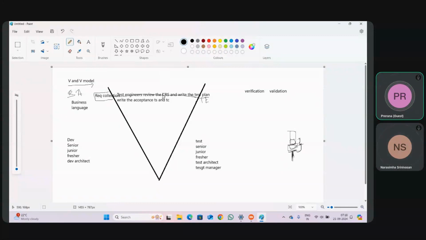So what we are doing is reviewing the CRS. It is in the business language, whatever the business analyst has collected, and we are checking the requirement only. We are testing now. Here, test engineers are testing the requirement only. It means the job opportunity for test engineers is required from day one. Got it? Assignment of work is done.